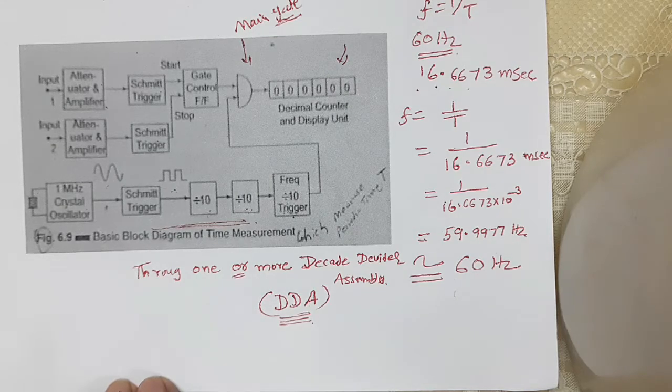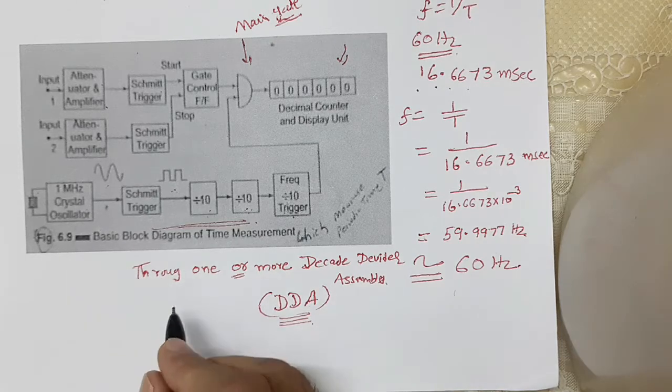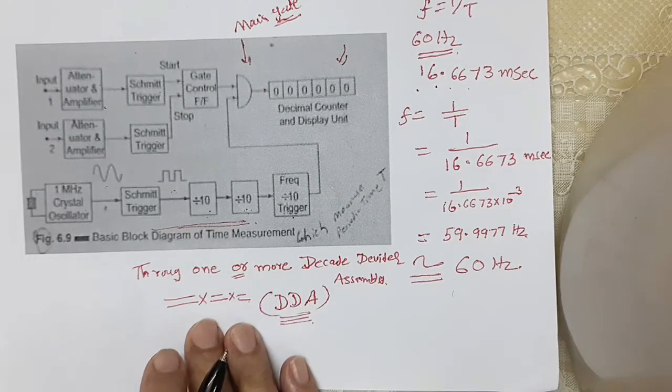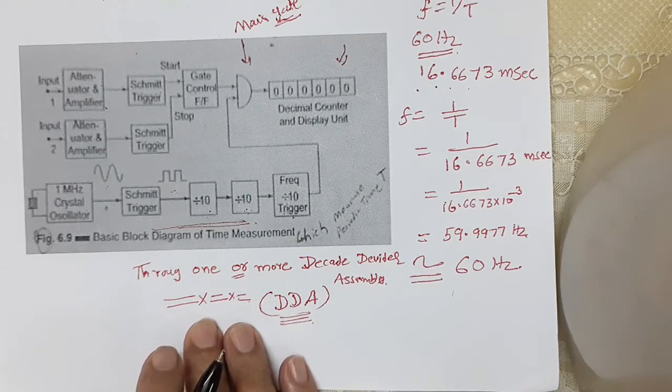However, the decimal point location and measurement units are usually changed each time, and an additional decade divider is added so that the display is always in terms of the period of one cycle of the input signal, even though the measurement may have lasted for 10, 100 or more cycles. That we studied in the last lecture. Now we see the block diagram of a single and multiple period measurement.